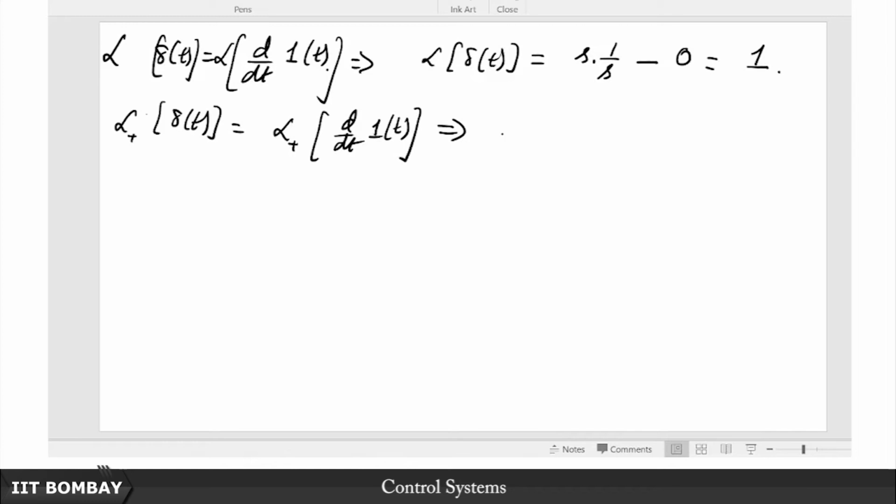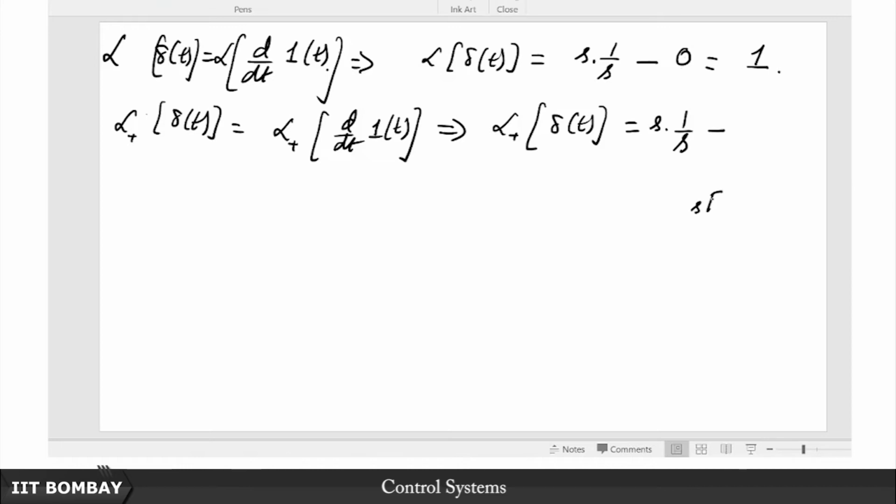Of course the first part remains the same, so therefore you have Laplace plus of delta of t is equal to s times 1 by s minus, and here is where the catch is, right. What is the value of the unit step at 0 plus? You see here, why was this 0? Recall